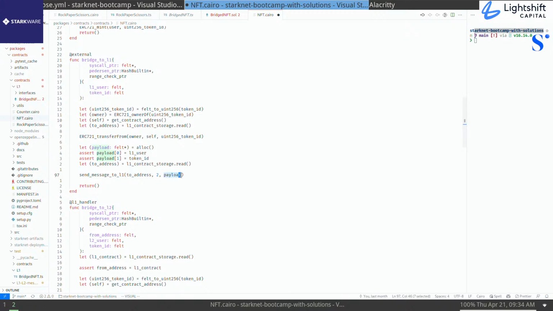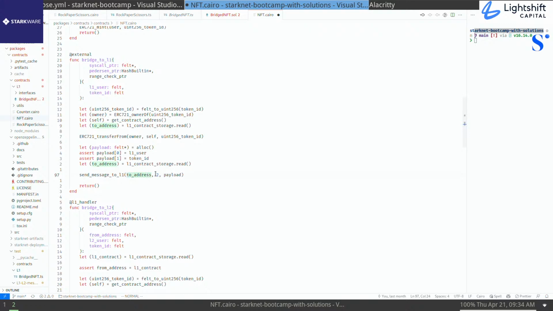So this message goes into a specific contract that was deployed by StarkNet on L1. That contract keeps the backlog of all the messages that have been sent in the meantime, and whether those messages were consumed or not. And then you need to trigger a transaction on L1 that's going to consume that message from that contract. And in order to consume it, it needs to be consumed from the address that we specified. So essentially, after bridging it from this side, we need to call a function on the token contract on the other side